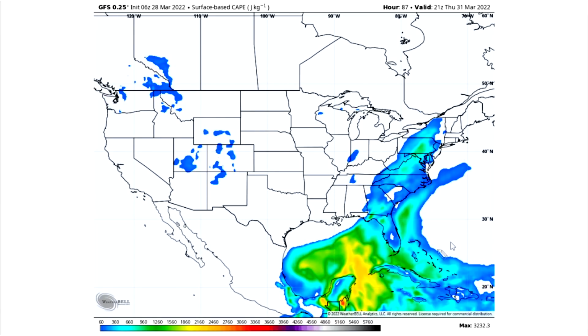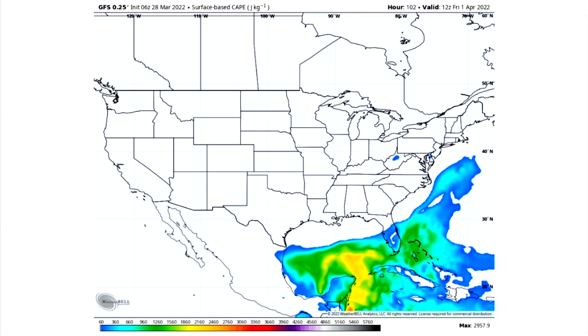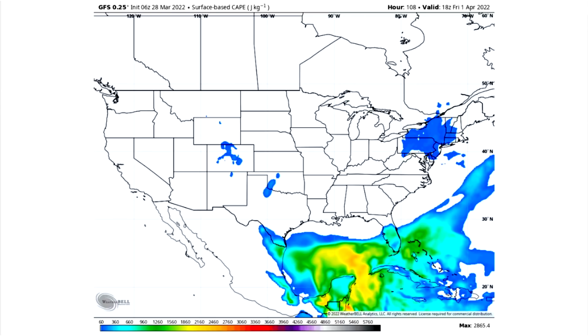And then, again, we get a lot of this CAPE moving way up into the northeast here on the GFS model, whereas the European model kind of cuts it off anywhere north of Maryland, basically, for the most part. So there is a difference there still, but confidence has significantly gone up because both models now indicate that a severe weather event with 1,000 plus CAPE on all 3 days will be occurring, which is not something we could have said